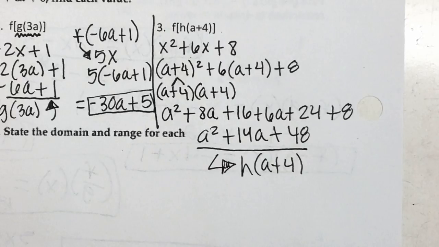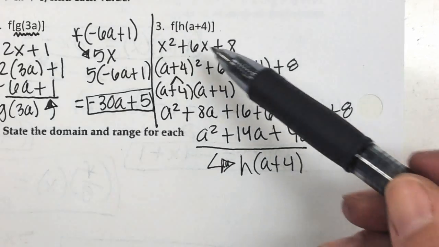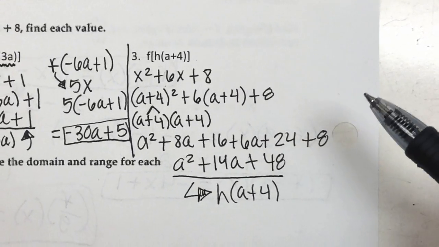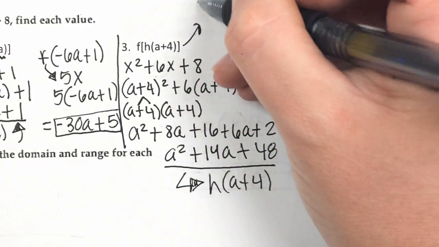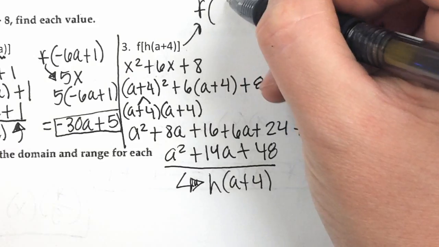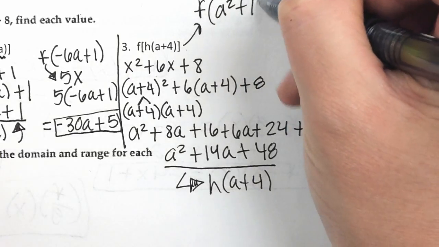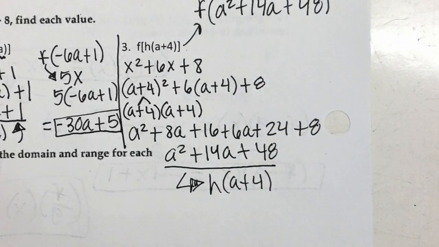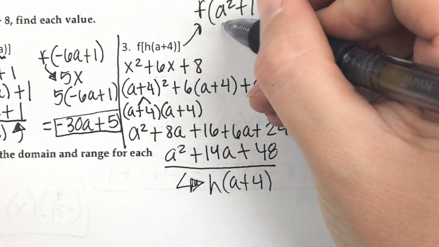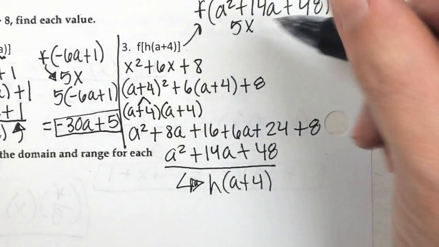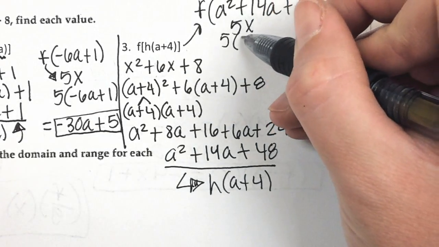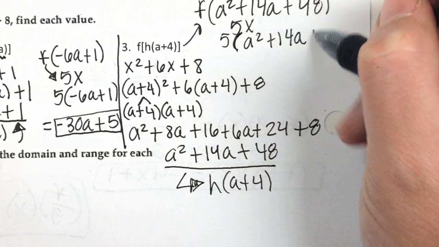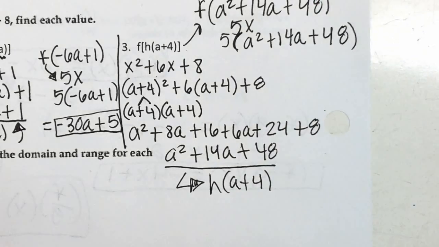So now all we have to do is replace this h of a plus 4 with all of this, right? Alright, so let me come back up here and rewrite this. This is f of, now we have, what? A squared plus. So now we're dealing with what function? 5x. And they want us to replace x with what? With what? Good. So just multiplying all of this by 5. We'll start here